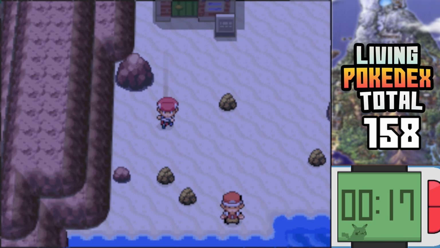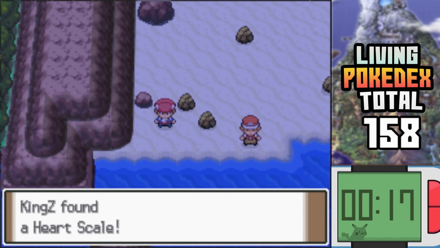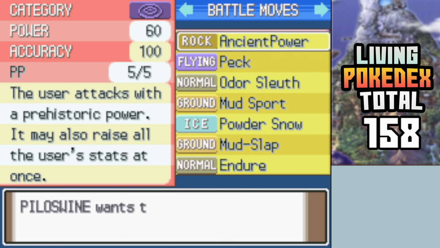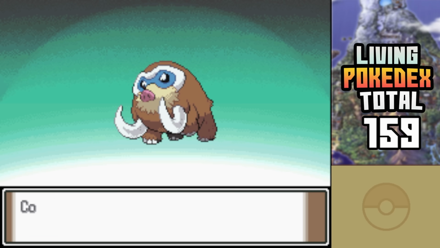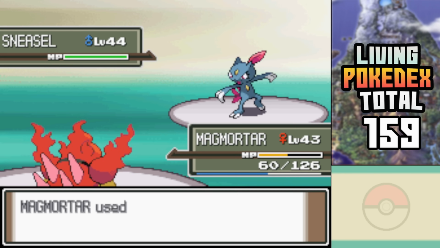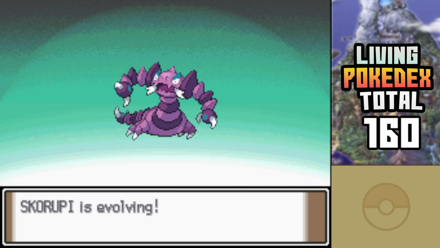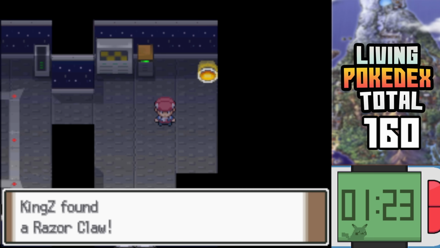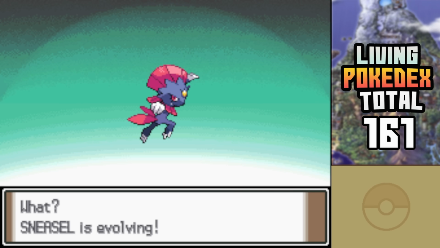Before invading Team Galactic's Veilstone headquarters, he revisited Route 213, picking up a Heart Scale. This allowed King Z to reteach Piloswine Ancient Power, and after leveling up Piloswine once, it evolved into a Mamoswine. After defeating Cyrus in Team Galactic's headquarters, his Skorupi evolved into a Drapion. He also grabbed a Razor Claw, which he used to evolve his Sneasel into a Weavile after defeating Team Galactic's